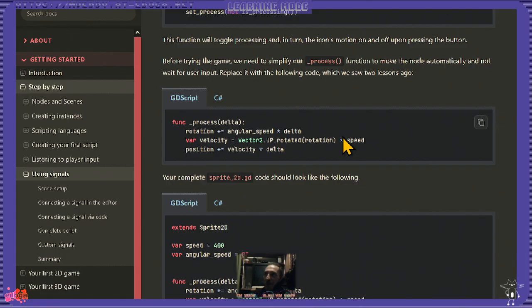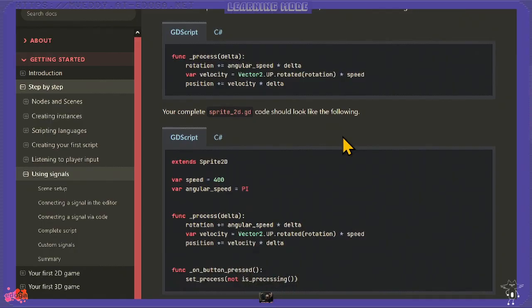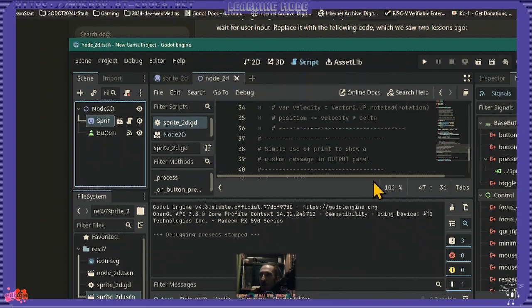Replace it with the following code, which we saw 2 lessons ago. So use the previous version. So it's rotation, angular speed, delta, velocity, rotation, speed, no direction in this version. So if I do like this